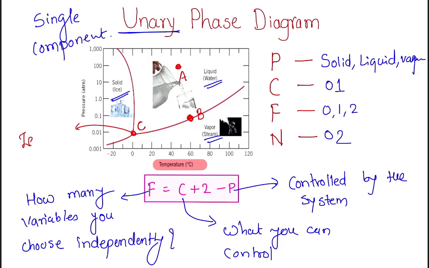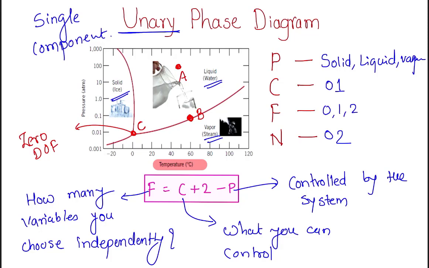So here we have 0 degree of freedom. You don't have any choice. You have to stay on this same point if you want to stay in that position. If you take point number B, if you want to stay at point number B, or if you want to stay on the line on which point number B lies, you have to fix one parameter.